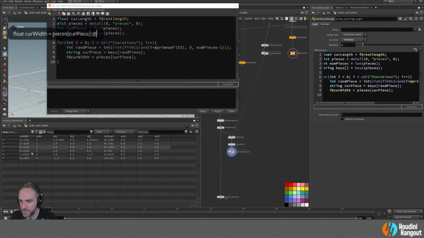Okay, so we're getting along. We're getting actually pretty close to being able to start adding these pieces in, right? Because we now know what the random first piece we're going to check is. So what we need to do is an if statement, right? So we need to say if the current width